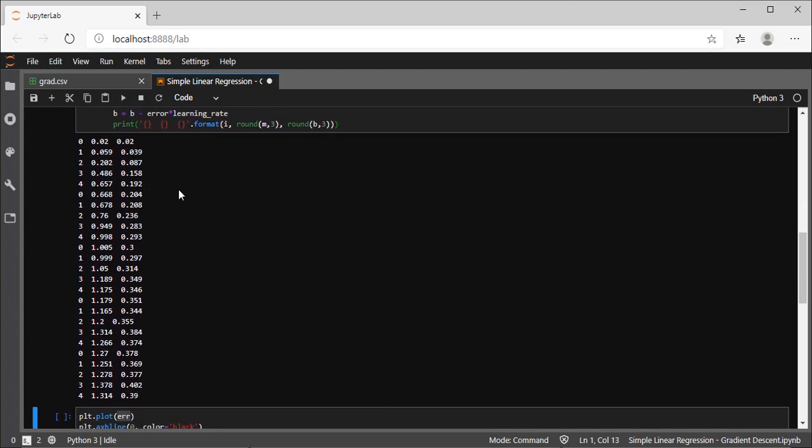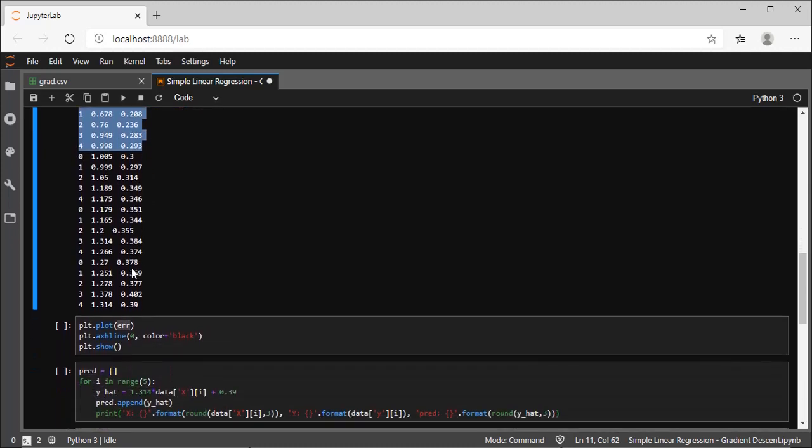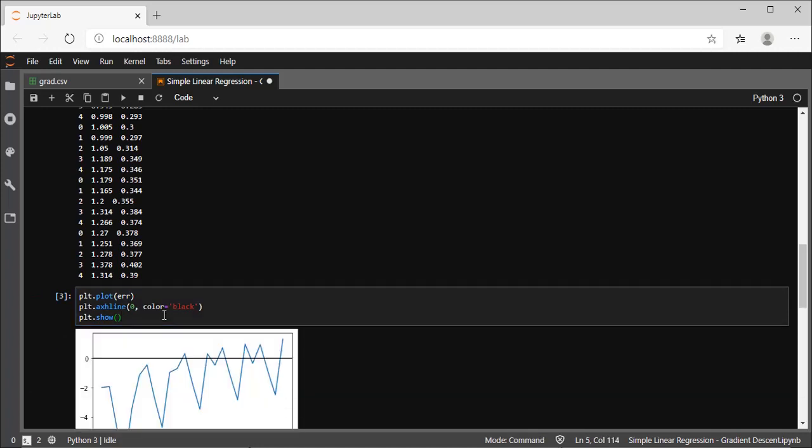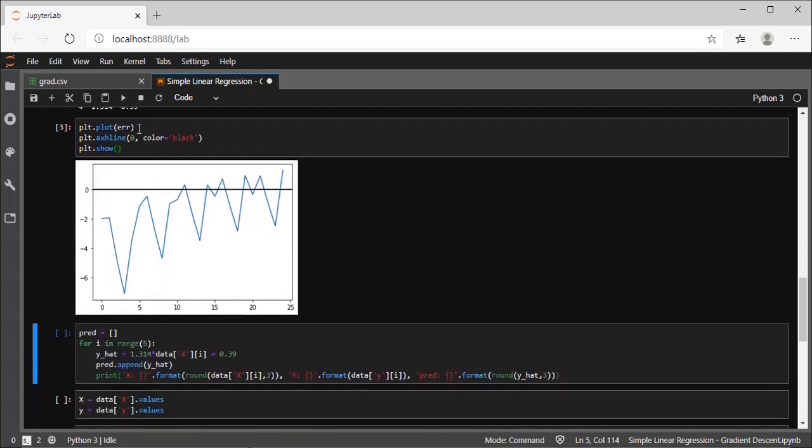Perfect. So we can see that first thing, it's giving result for first 5 rows and then iterating through this process by 5 times to get the optimized value of m and b. So now we'll plot curve of error to check whether it is reducing or not by simply passing the error list to plot function, what we have appended in above cell.